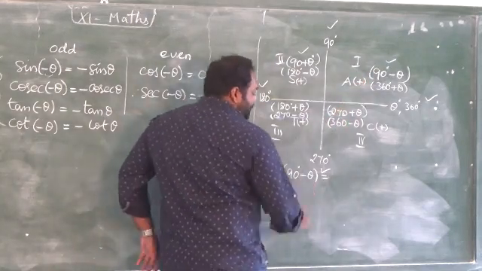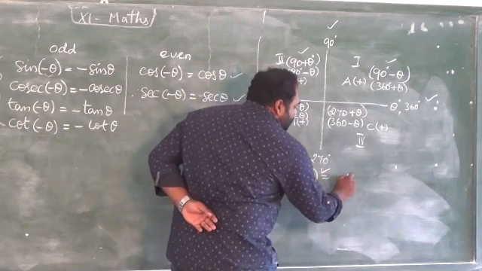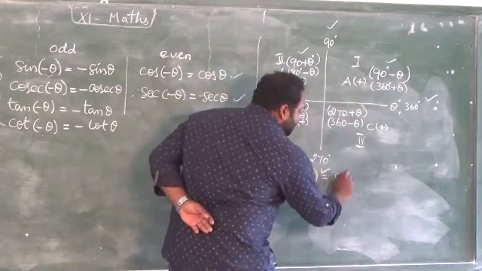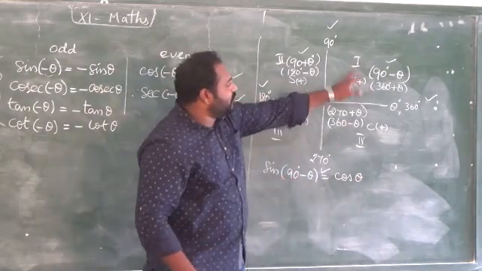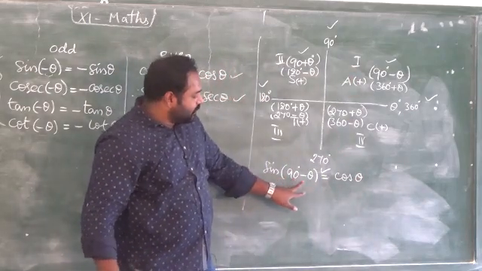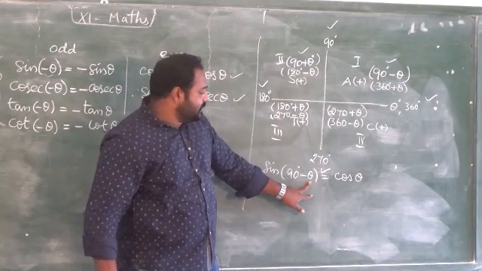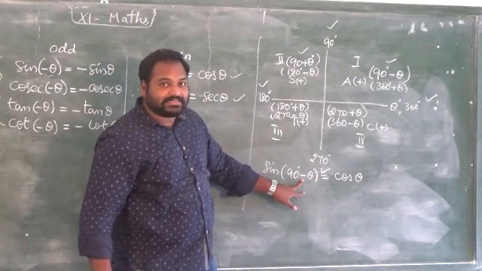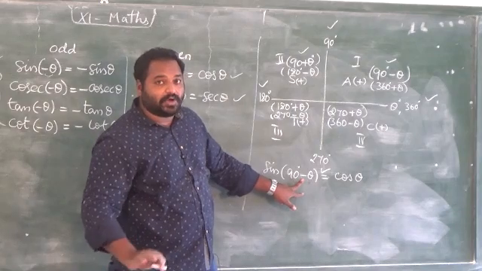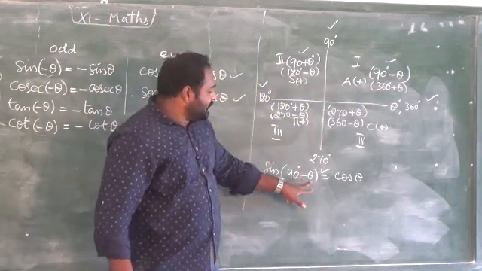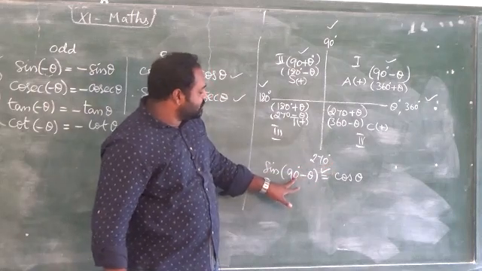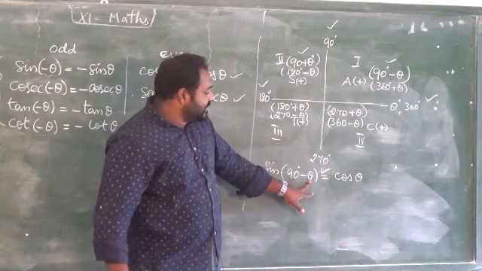So sine of 90 minus theta will be cos theta. The rotation of 90 degrees, one rotation, will be over, so we have to remove this 90 and only write the theta value. You don't need to bother about this plus or minus symbol for all these 8 values. So for 90 minus theta, one rotation is over, so 90 will be gone, and then the theta value will remain.